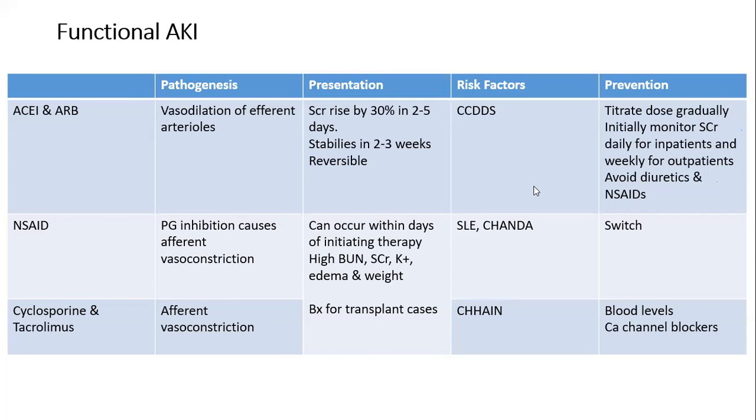With the NSAIDs, they're obviously prostaglandin inhibitors. Prostaglandins are vasodilators of the afferent arterioles. NSAIDs would cause vasoconstriction. As a result of that, renal ischemia and toxicity could be there. So what you can do is switch an NSAID to another painkiller if it's a possibility. That's the only way to do it. It's usually patients who are taking it for a long period of time who can develop this